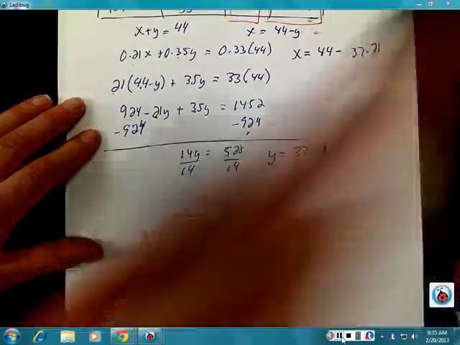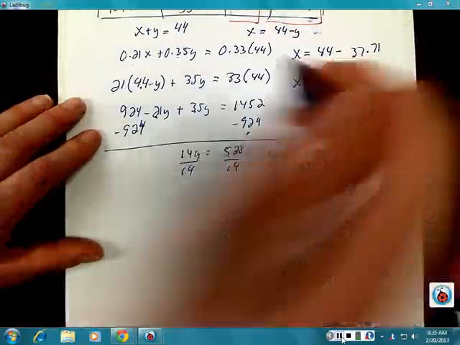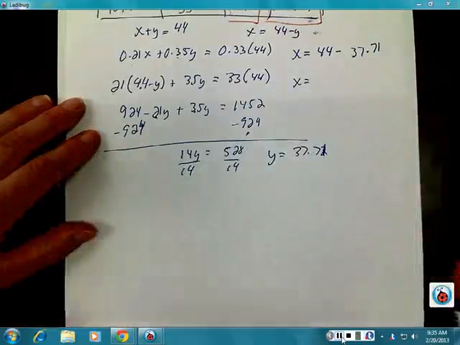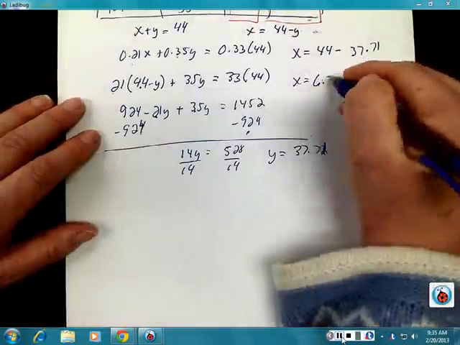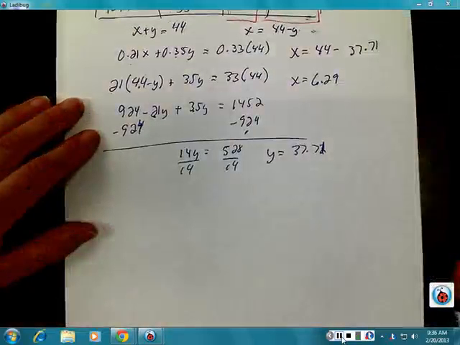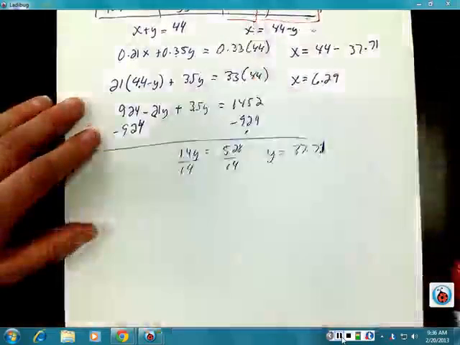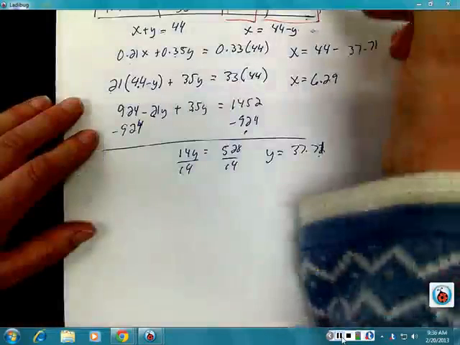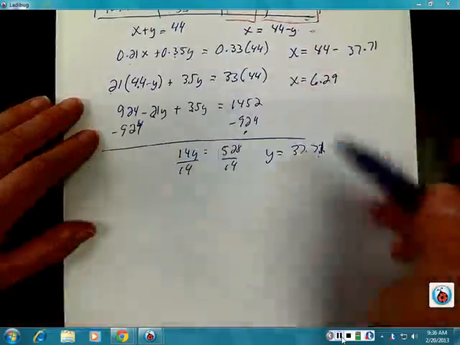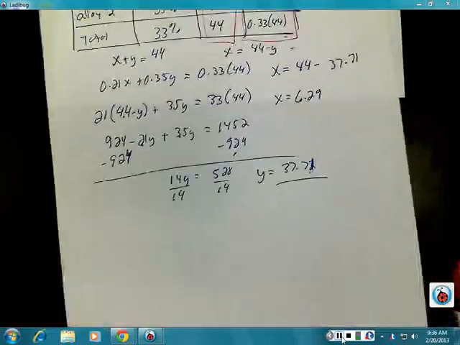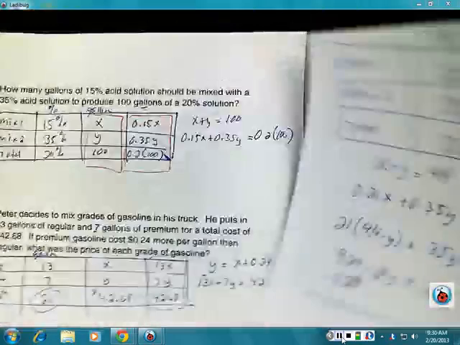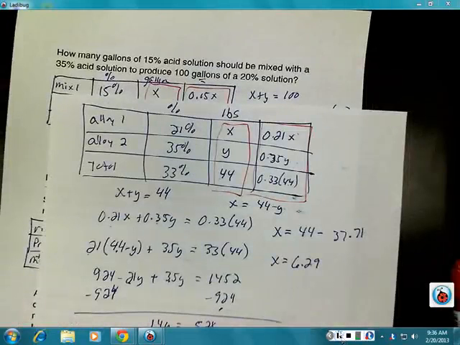Okay. Then I got to find out what x is. So x is going to equal 44 minus 37.71. So what does x equal? One more time. Okay. If I add these 2 together, I will get my 44 back. So I know I must have did something right. And if I put it back in here, it should come out to be the right answer. All right, good deal. Again, these all fit into your different types of patterns there. So hopefully it works. Again, if you got questions as you're doing these, that button in Hawks, you can send me a